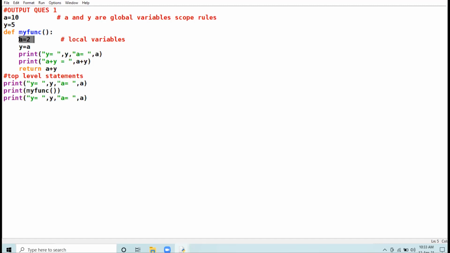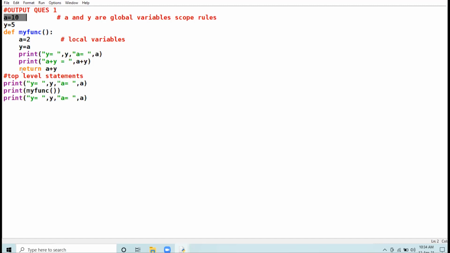Now this a variable which has been created inside the function is a local variable and it has hidden this global variable. नाम सेम है ना, इसका भी नाम a है, इसका भी नाम a है, तो इस लोकल वेरिएबल ने इस ग्लोबल को हिडन कर दिया.